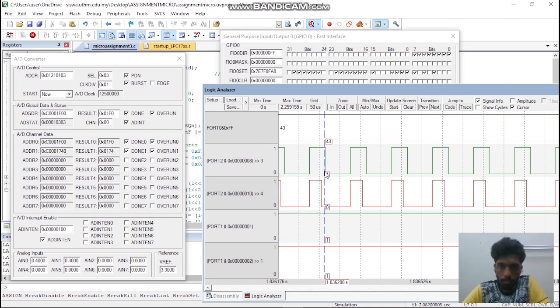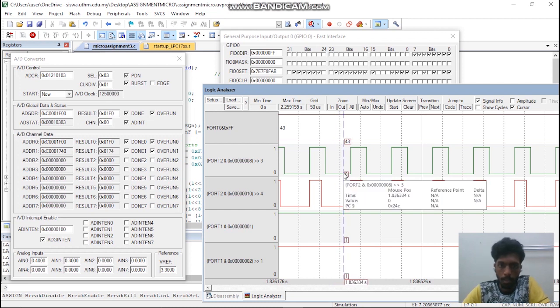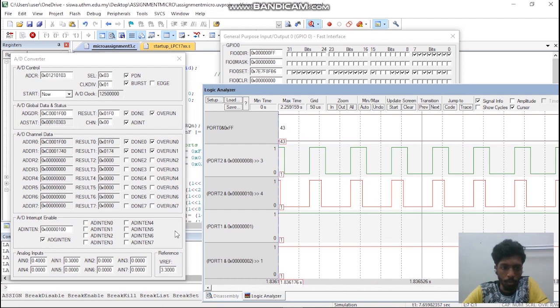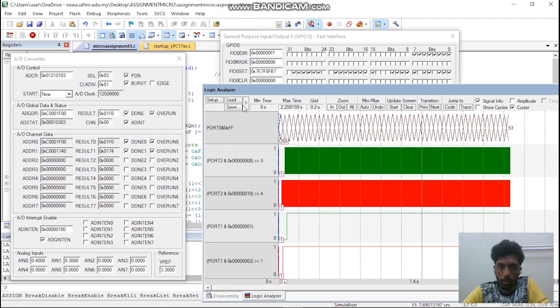The duty cycle is much bigger than Moto 2, which means if the duty cycle gets bigger, then it is reducing the rest time. Since the temperature increases, the duty cycle also increases. And from here we can conclude that the DC motor speed is also proportional to this duty cycle as well. If the duty cycle increases, the speed of the DC motor also increases because the rest time has been reduced. So for example, we can see here,